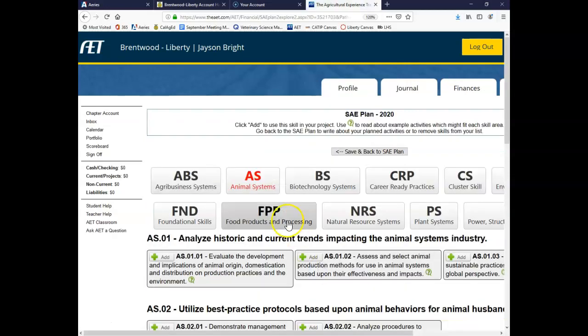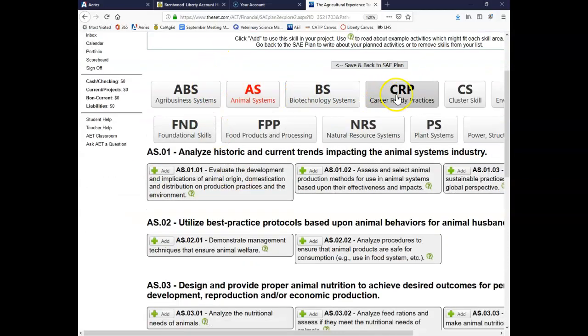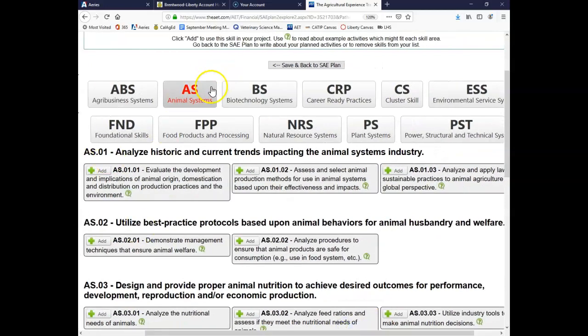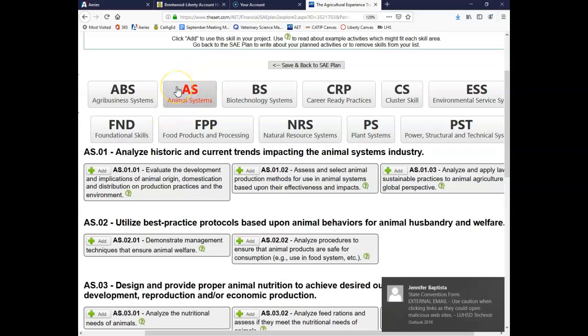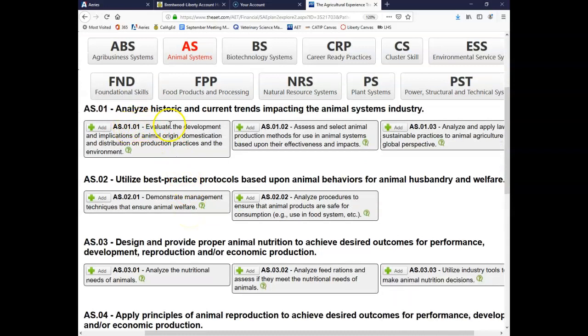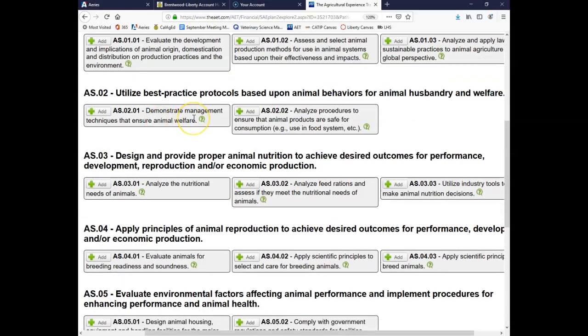So you are going to add at least 3 skill areas. With the skill areas, it goes along with whatever you put in for your SAE plan. So we did animal systems with this one, and so animal systems automatically comes up. Down here, you will be able to add in whichever ones apply to you. These are very